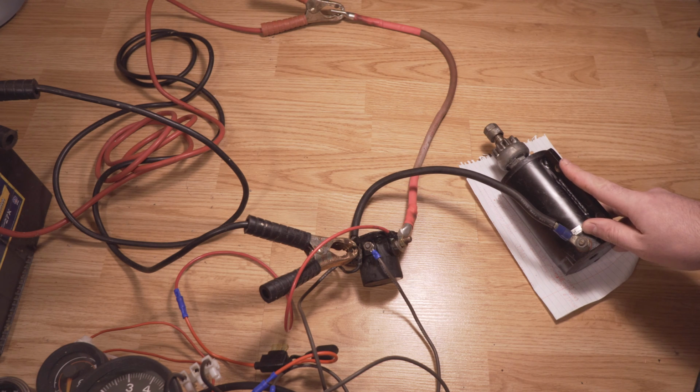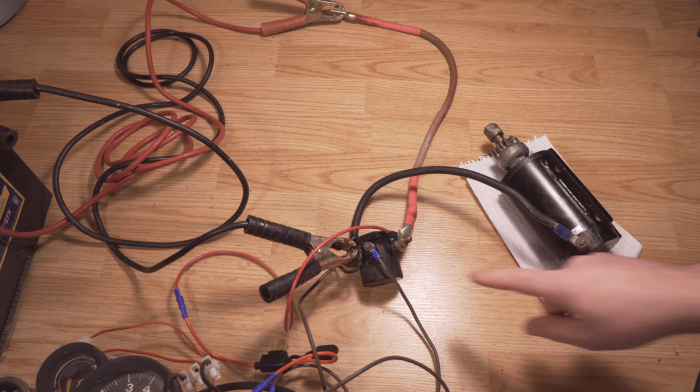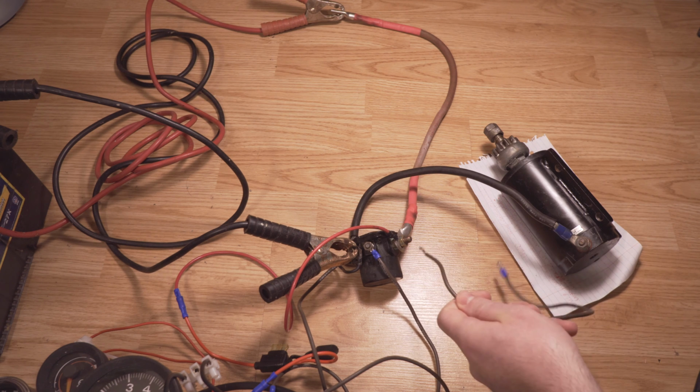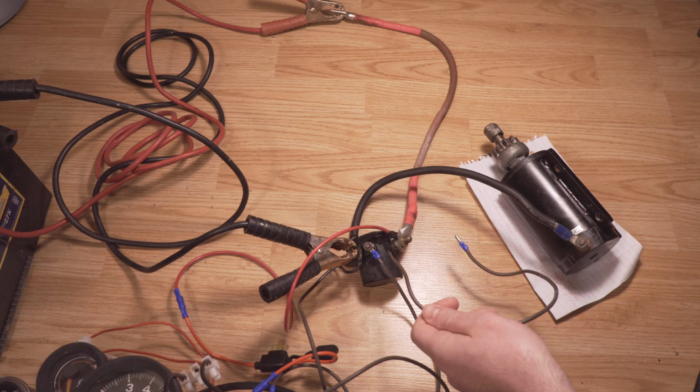But if you literally sense nothing at all and you've checked all the connections, there's a good chance your starter motor may actually be bad. Now, let's go to the case where your solenoid is bad. If you did the same test and you heard nothing, your solenoid might be dead, but you're still wondering,